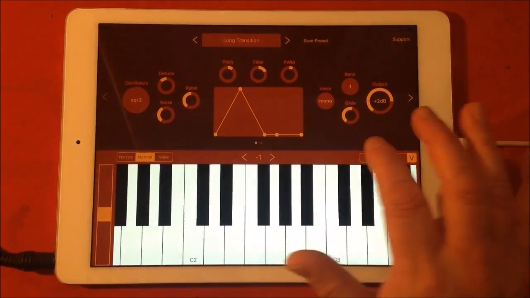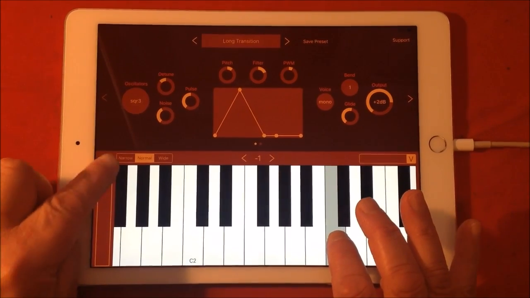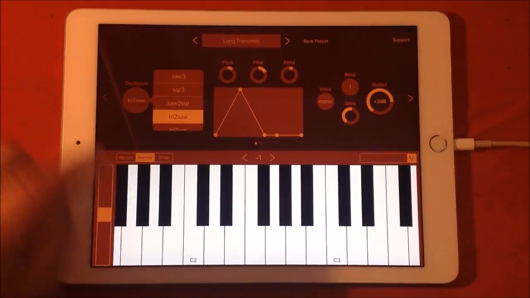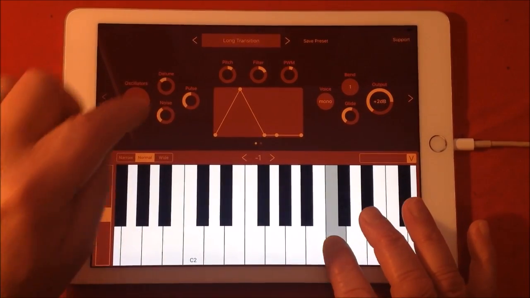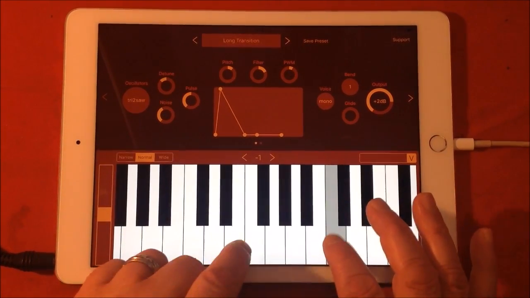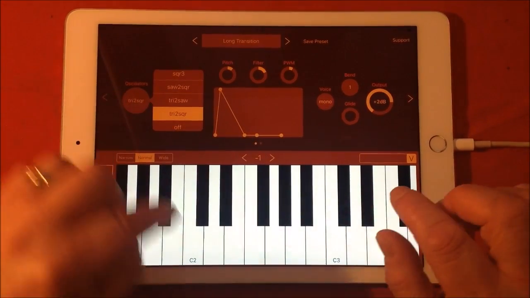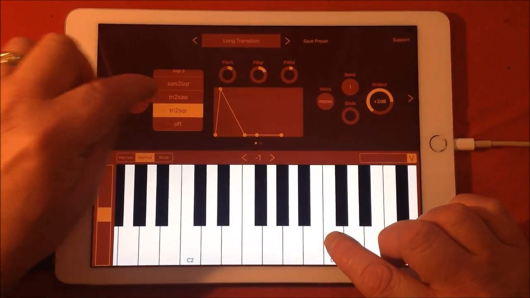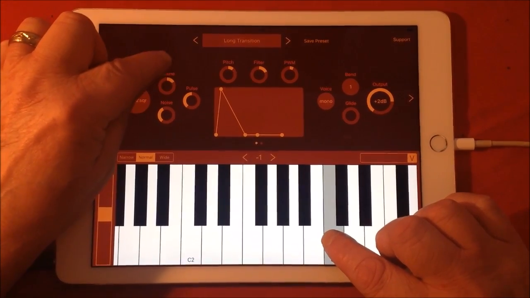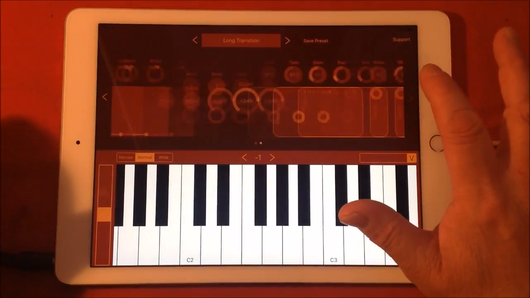So you have 2 pages of functionality. That's the volume, and this is your pitch bend, basically. Here you have your oscillators, and that's your ADSR in the middle there. So you have 2 pages of functionality here, your oscillators and things, and then if we jump over here, we